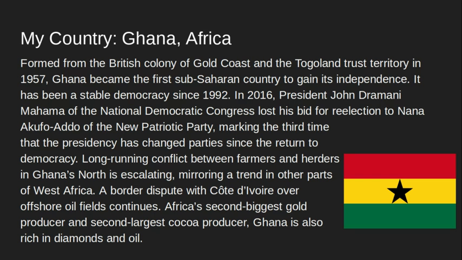So, the country I am doing is Ghana, Africa. Okay, and this is just some background on Ghana. It was formed from the British colony of the Gold Coast and the Togoland Trust Territory in 1957. It became one of the very first sub-Saharan countries to gain its independence and create a stable democracy in